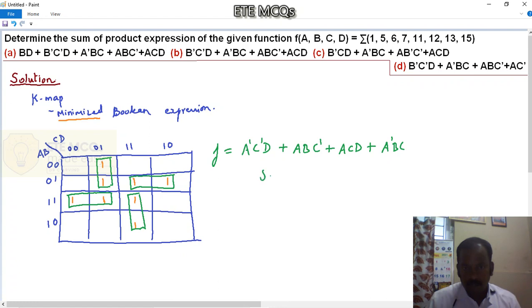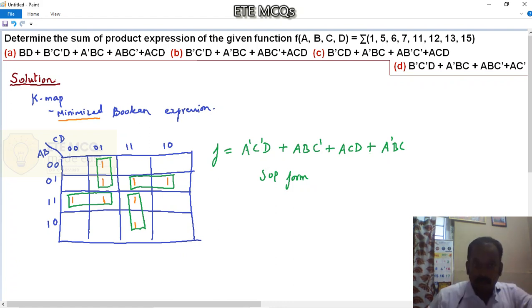In other words, this is also called the SOP form, sum of products form, of this function, which is given as A dash C dash D plus ABC dash plus ACD plus A dash BC.